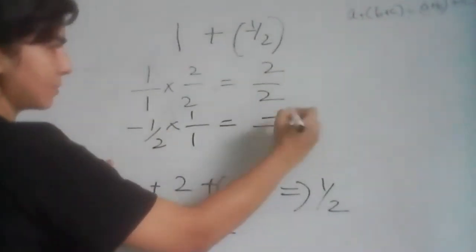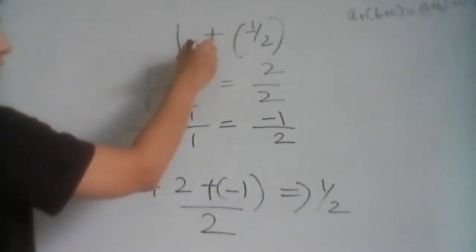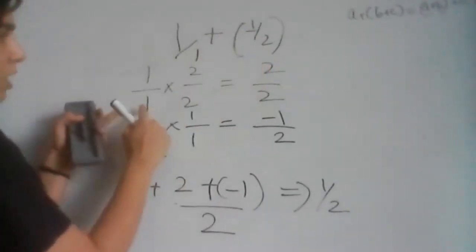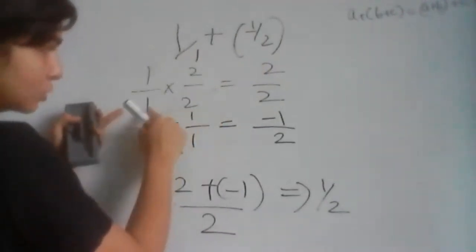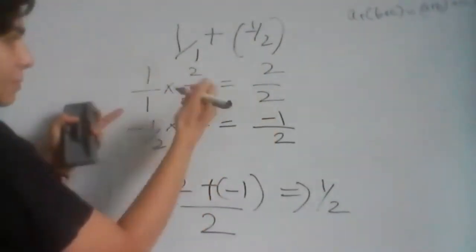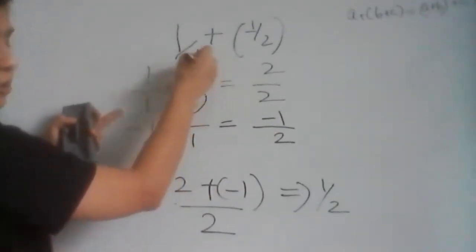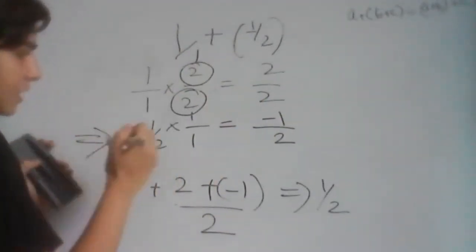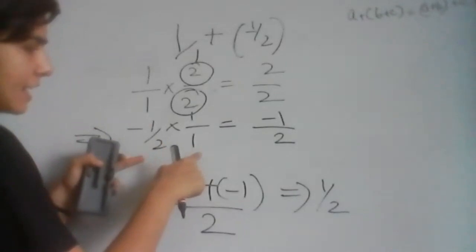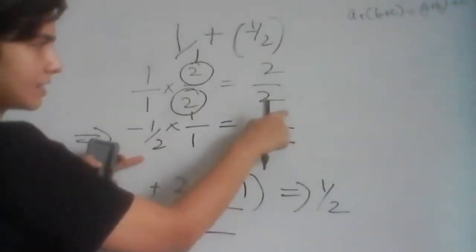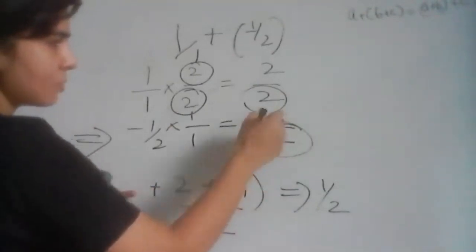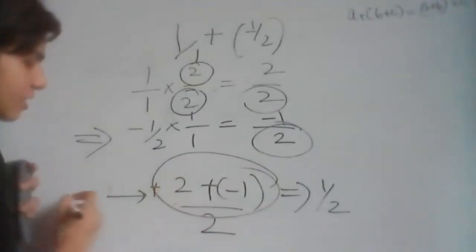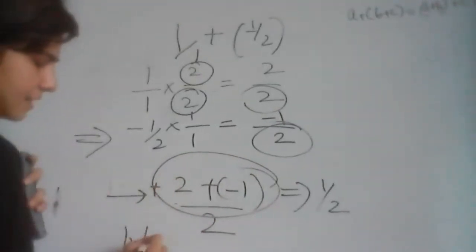So it will be 2 minus 1. So here by default, I'll say the denominator is 1. LCM of 2 and 1 is 2. So now I have to multiply the denominator by 2 so that I get 2 in the denominator. And because I'm multiplying by 2 in the denominator, I have to multiply by 2 in the numerator as well. So 2 into 1 is 2. And here, 2 is already in the denominator, so I just have to multiply it by 1, so it becomes minus 1 by 2. Now because denominators are the same, you simply add. 2 plus minus 1. Now here you have to apply your integer addition rules. That's it.